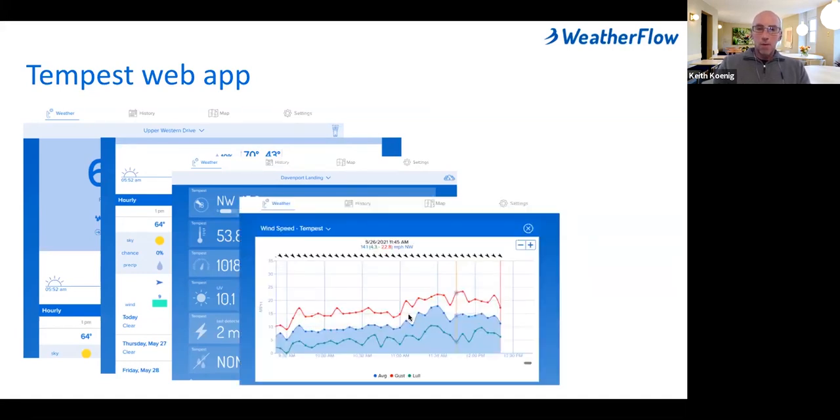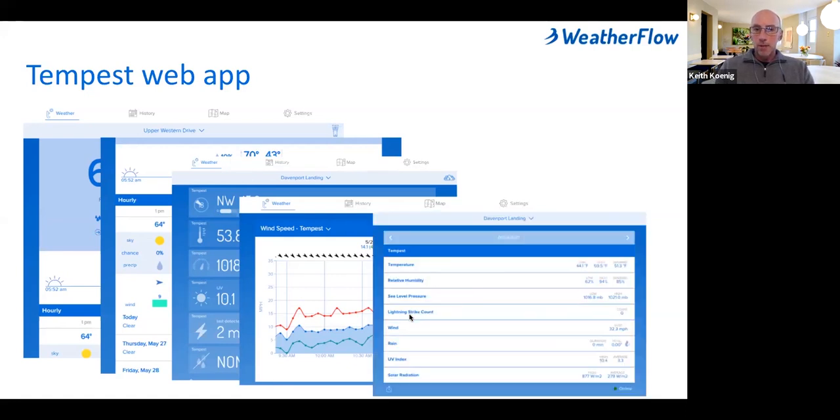You can change the temporal resolution on the graphs from 1 minute to 5 minute, 30 minute, hourly, daily, and monthly. And you can also go into the history and go to any calendar date that you have the Tempest deployed and go back and see all the superlatives, so low, average, high of all of the different parameters.